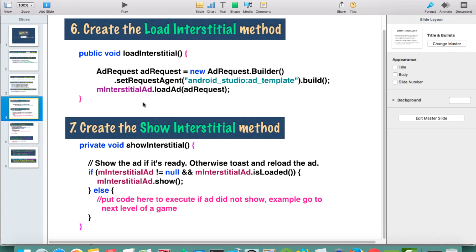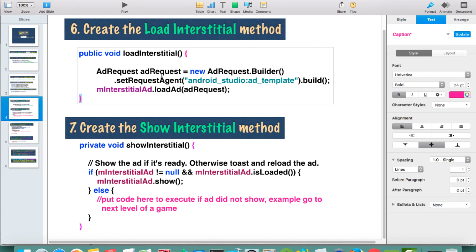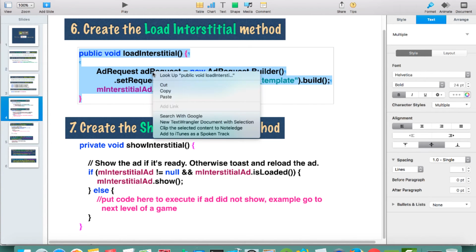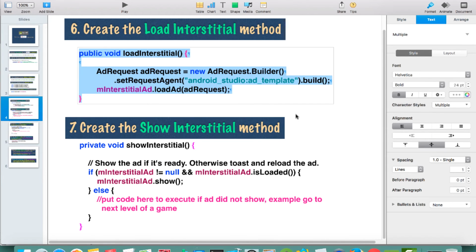We now go to step number 6. You just copy this one. So easy. If you can download my SlideShare or go to my SlideShare PDF file, actually you can do this